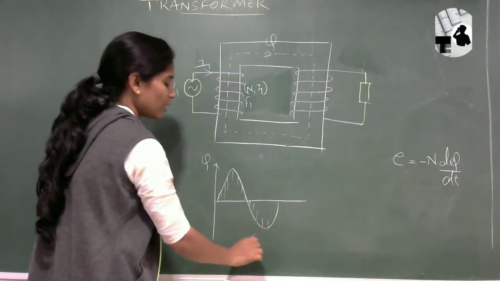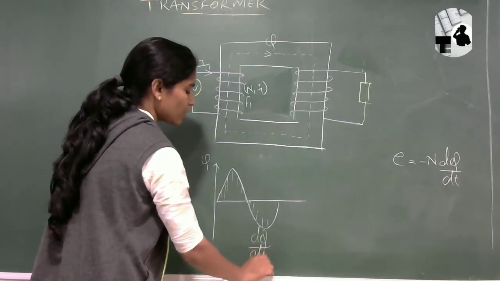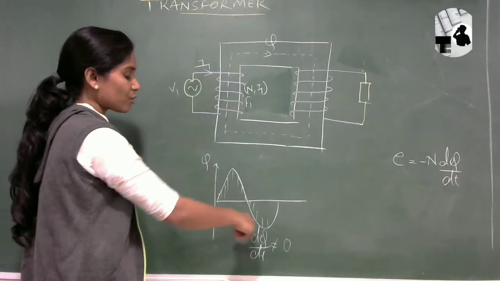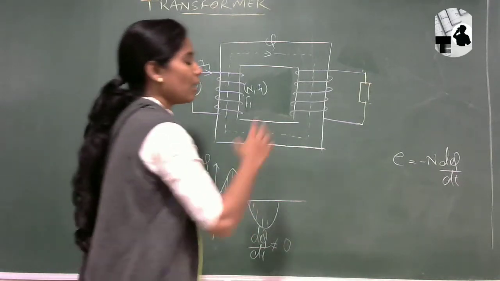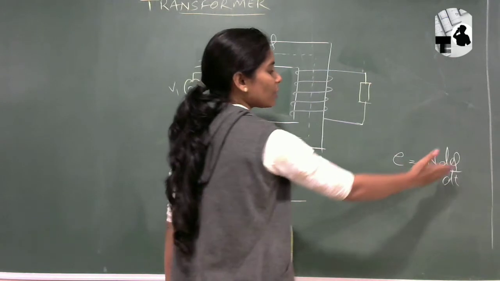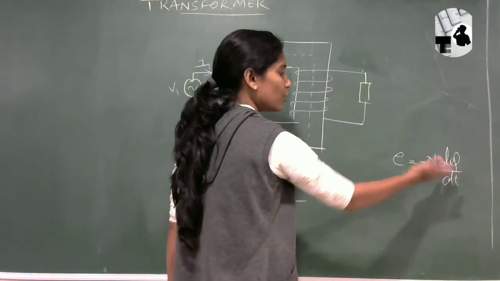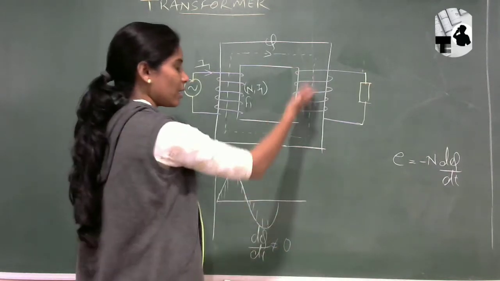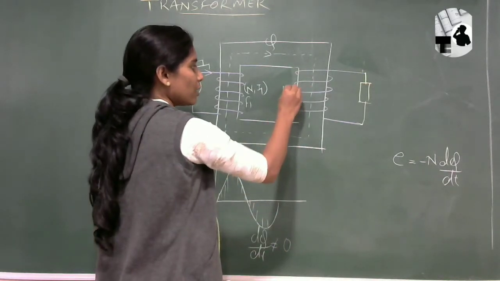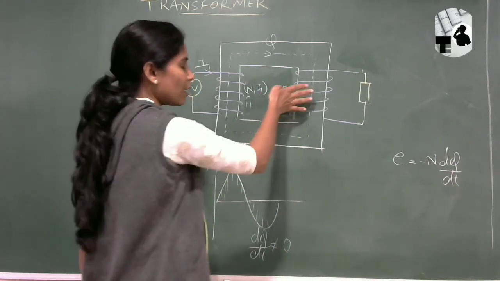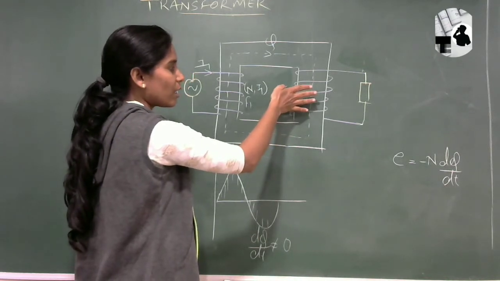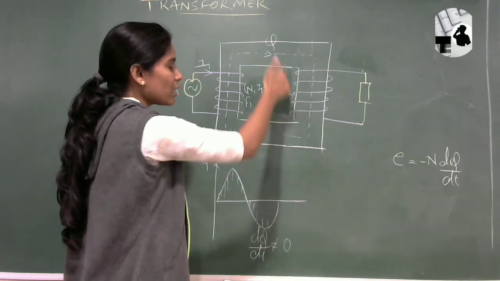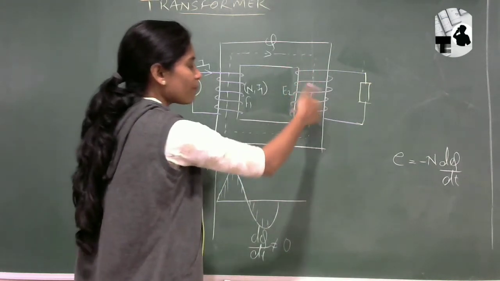That means d phi by dt is a non-zero term right now. It is not going to zero. At every instant, it is going to change. That means at every instant of time, we will get d phi by dt, and due to that, we will get some value of EMF. Okay, where? At the secondary side. So at the secondary side, the E2 is developed. Why? Because the conductor, that is the secondary winding, is placed so that it links with the flux, and according to the flux, EMF will be developed across this conductor.